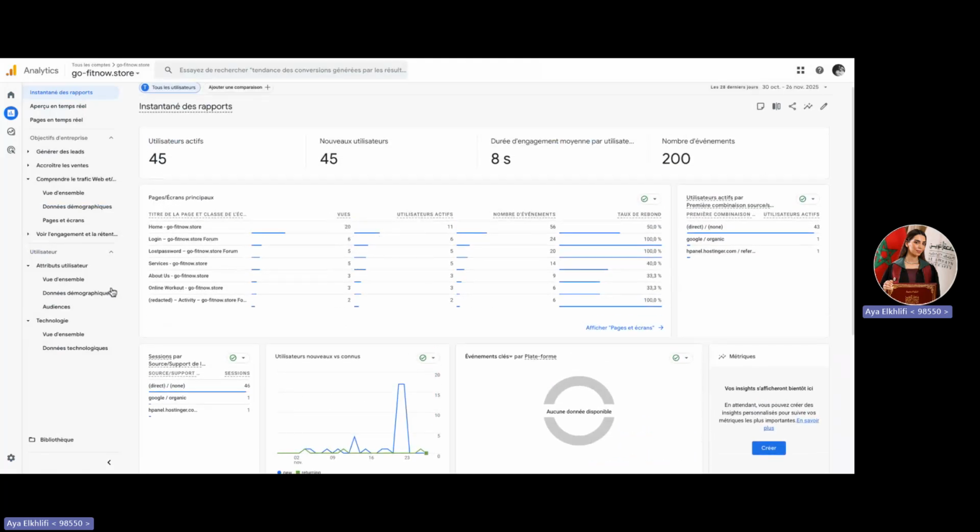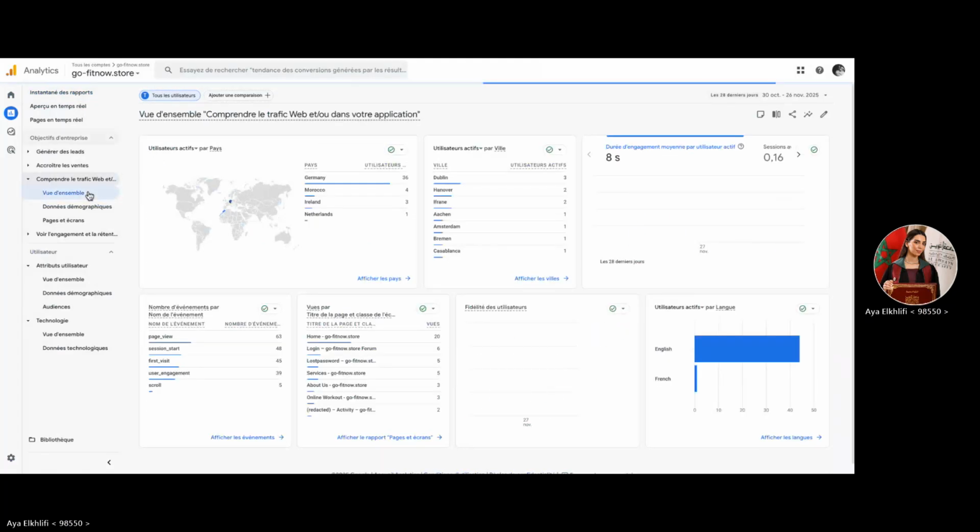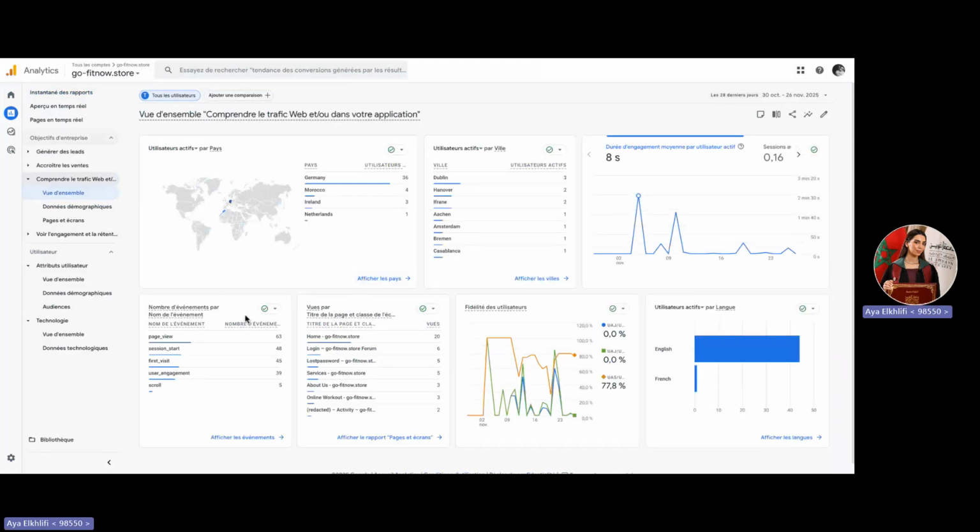So let's go here. Here we're going to understand the web traffic section. It basically gives me a global view of who is visiting my website and how they interact with it. At the top, we can see that my users come from Germany, followed by Morocco, and so on.